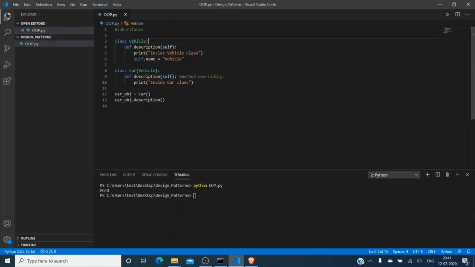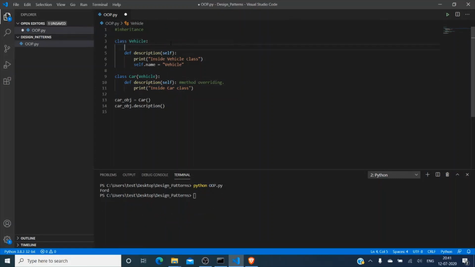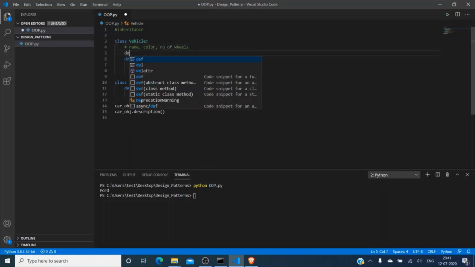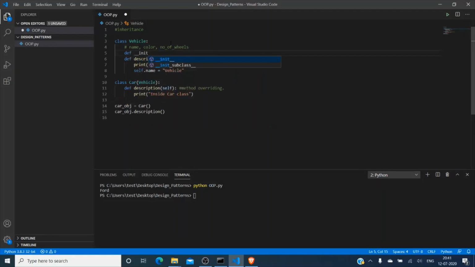Let's modify the parent class. Here I'll add name, color, and number of wheels as parameters to the constructor. So let me add the constructor here, and these are the arguments which I'll be passing: name, color, number of wheels.